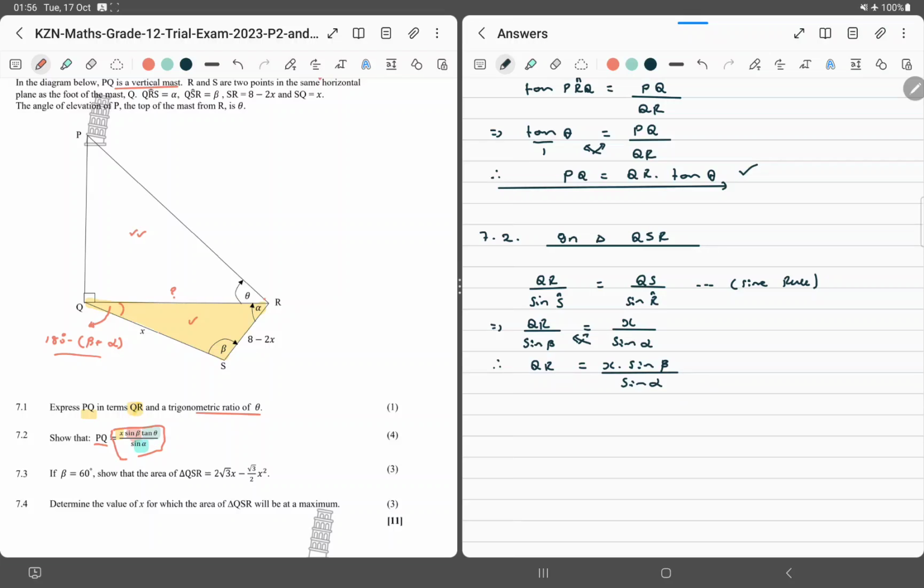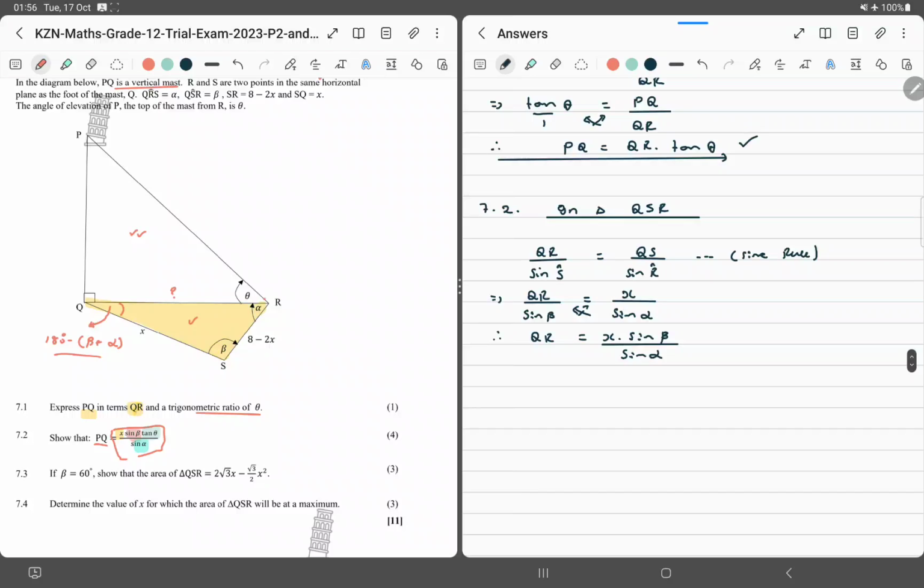Can you see your inspection already led you to exactly what you're looking for? Now, what do we do? We can say here, therefore, PQ is going to be, instead of QR, we're going to write X times sine beta times the tan of theta, all of that over sine of alpha. All right, we're just saying sub QR in